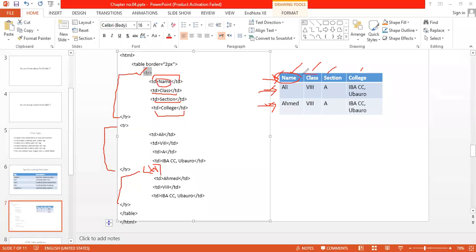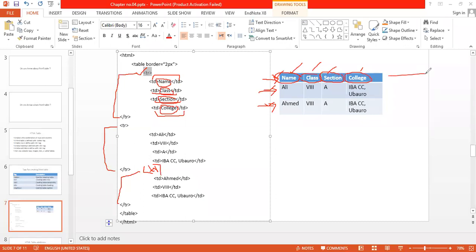Then in the second column we have the class. In the third we have a section column. From here in the code you can see we have section. In the fourth we have the college column. In the last column you can see we have the college.